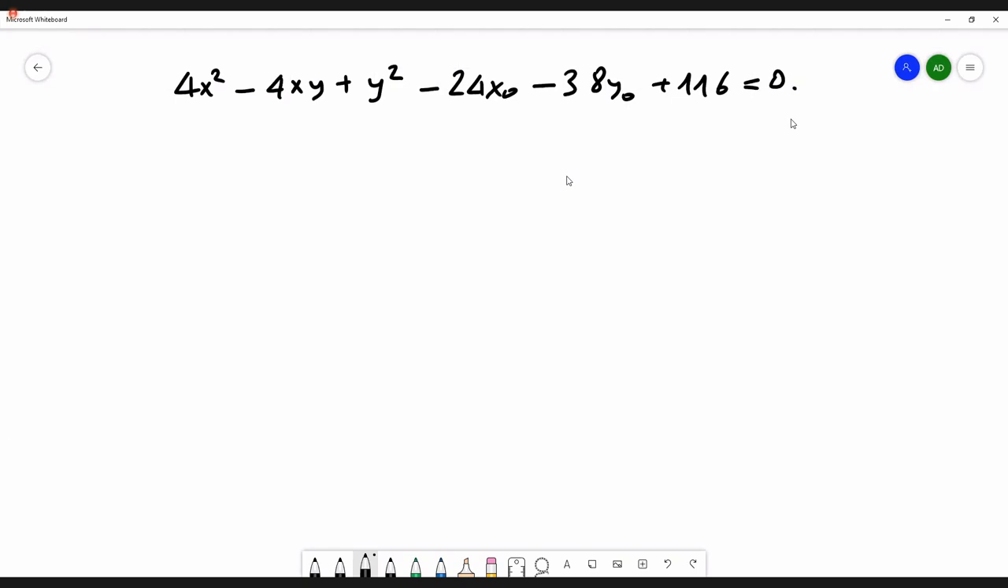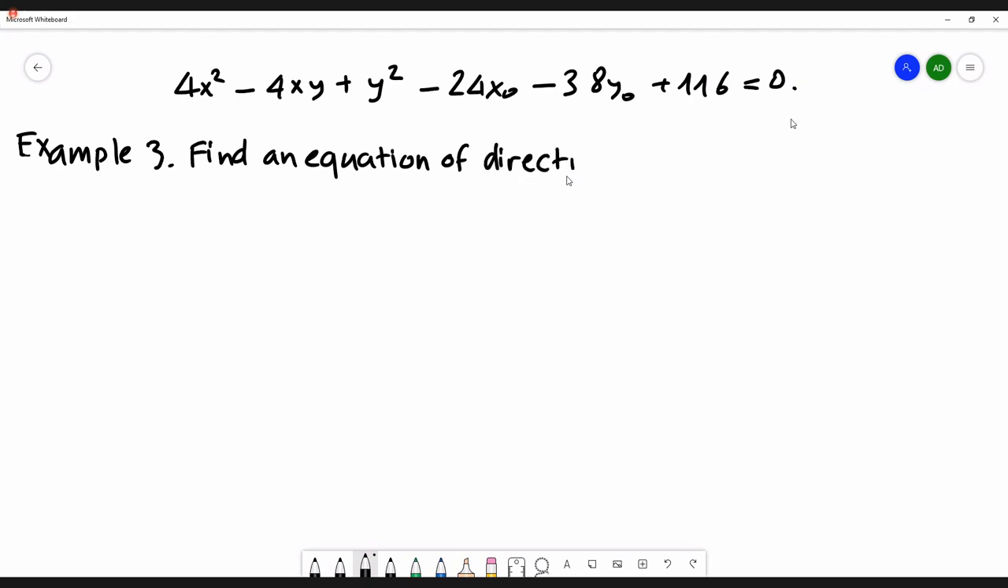Okay. Next. Okay. Example 3. Find an equation. So here we will give some properties of a parabola and we will try to find its directrix. Find an equation of the directrix D of the parabola